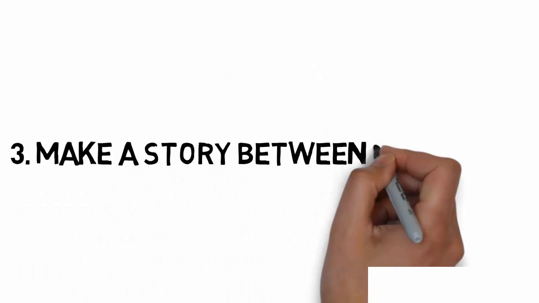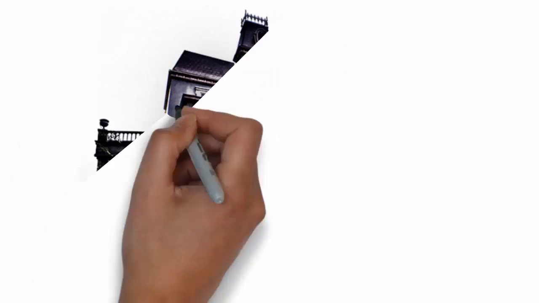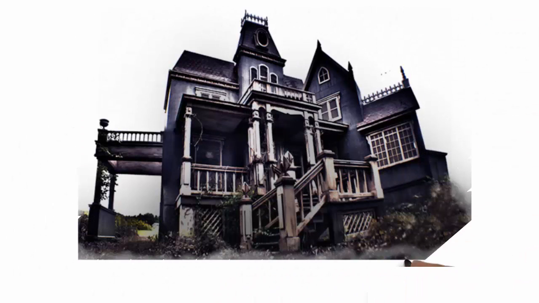Now, the third step is to make a story out of the images. And so with all the stories you create, you want to have a location to store it in. So the location can either come from the images or the country. So based off the ghost image, we're going to use a haunted house as a location.